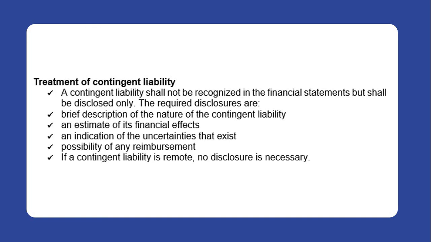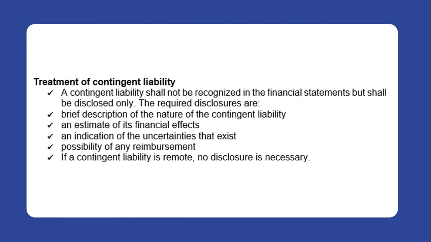Treatment of a contingent liability, as I've mentioned: a contingent liability shall not be recognized in the financial statements but shall be disclosed only. So, disclosure is all that is needed. So, what are the disclosures required? First, a brief description of the nature of the contingent liability, an estimate of its financial effects, an indication of the uncertainties that exist, the possibility of any reimbursement,